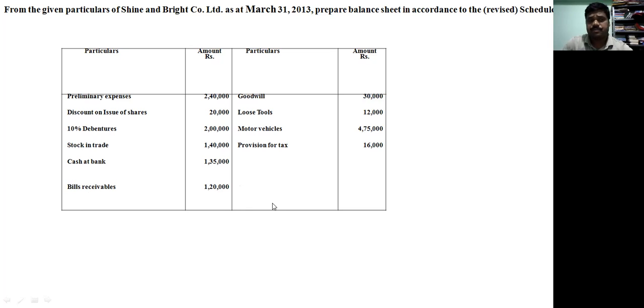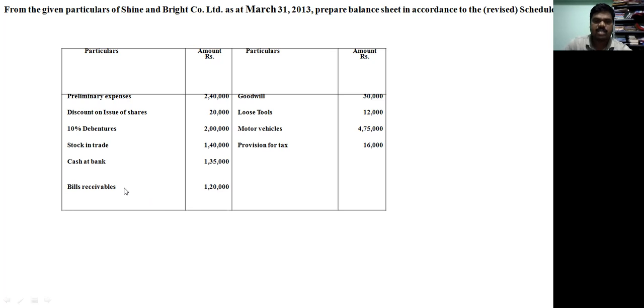this illustration, while solving the problem based on the vertical format, we should divide the equity and liabilities as well as assets. In equity and liabilities, shareholders' funds, whatever share capital is there, will come. Here, share capital is not at all there. And reserves and surplus, any share premium, are there. The preliminary expenses and discount on issue of shares are adjusted against securities premium. Long-term borrowings: 10% debentures are there, as we worked out in the last session. And about